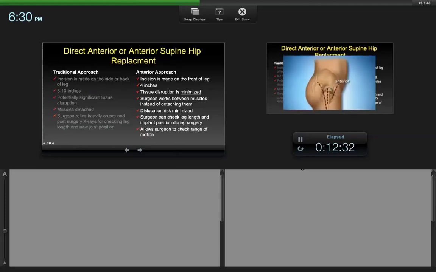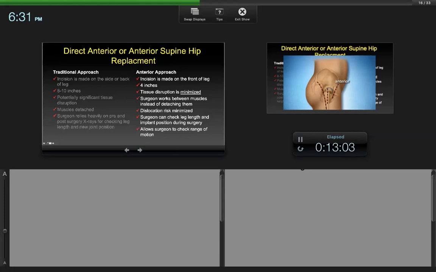So, how do we get into the hip joint? There's a lot of controversy out there. What's the best way to do it? My bias is, I do an anterior approach, which is, I don't really like the term minimally invasive. I would say less invasive is probably a better way of doing it. Any way we're doing a hip, we're making an incision, getting down to the bone and putting in metal. So there's some amount of invasiveness to that, but it is definitely less invasive compared to the traditional posterior